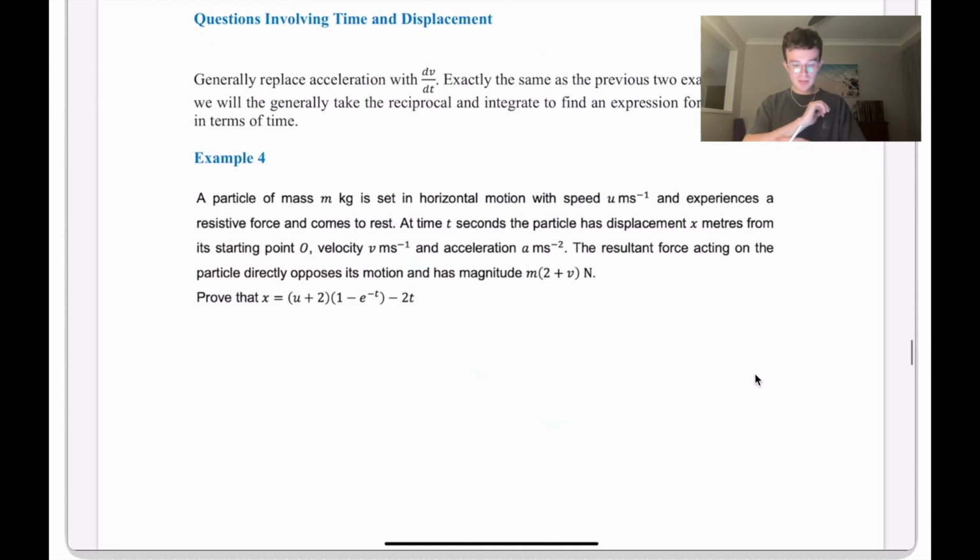Okay. The next example is questions involving time and displacement, and these are usually the most involved questions because they involve 2 steps of integration. So have a read of that question. We've got a particle travelling, initial speed u, and we're experiencing some sort of resistive force